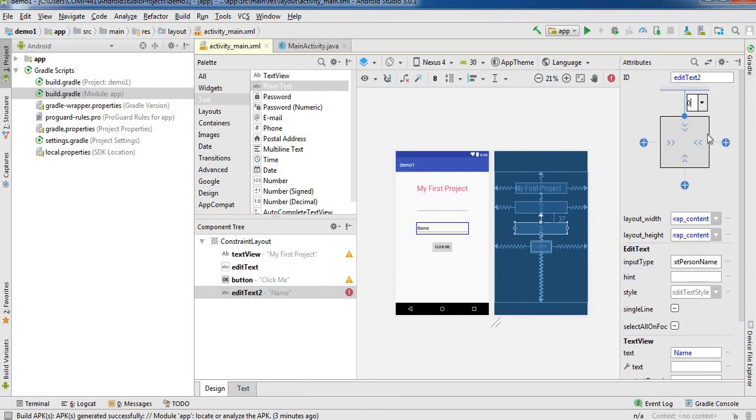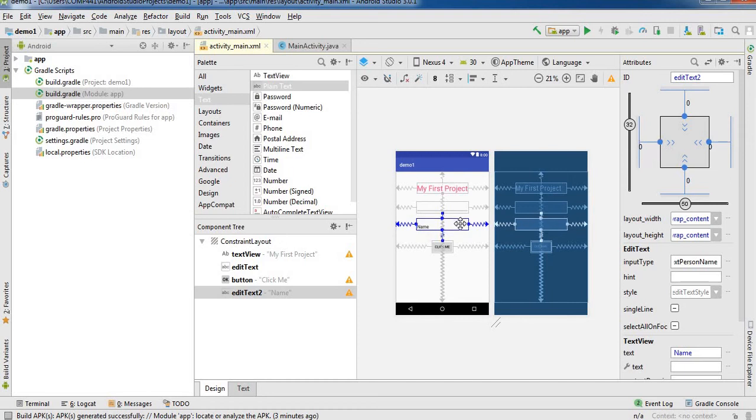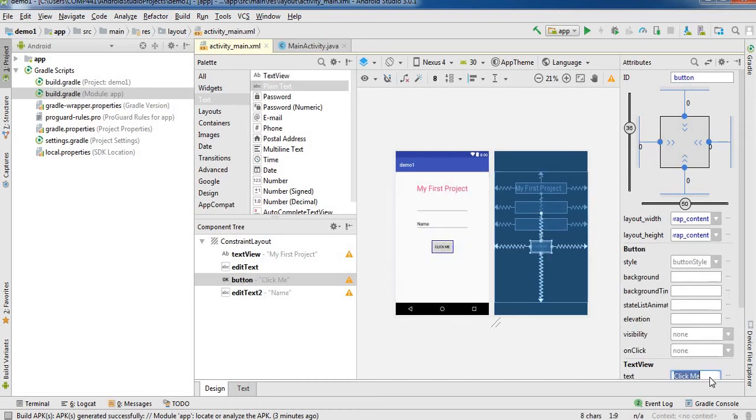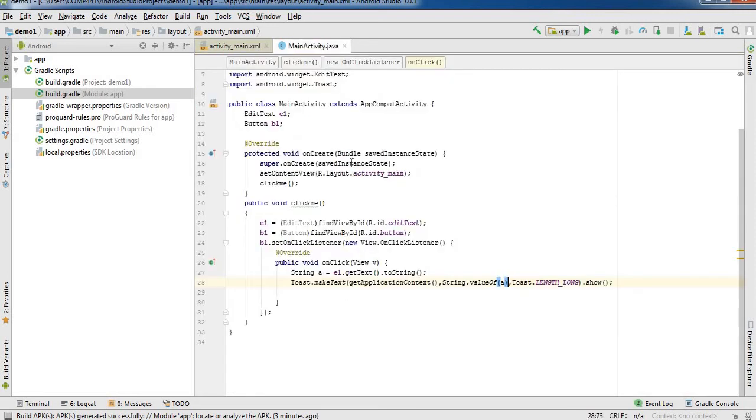Again the same, we have to relocate it to the 0, and after 0 we can push anywhere. And here on the click me button I'm using add, because this is an addition. Okay, so now we have E1 and again we have E2, because we have two EditText boxes and this is button 1.